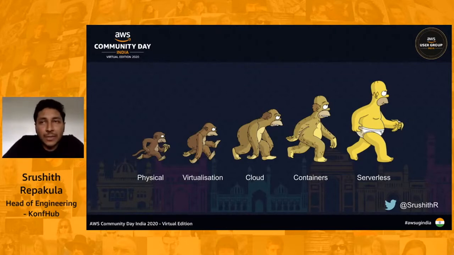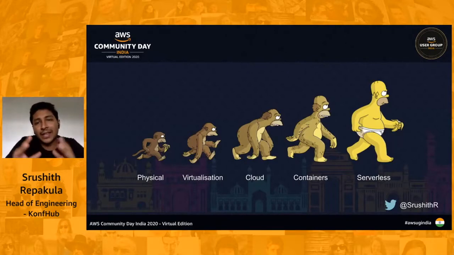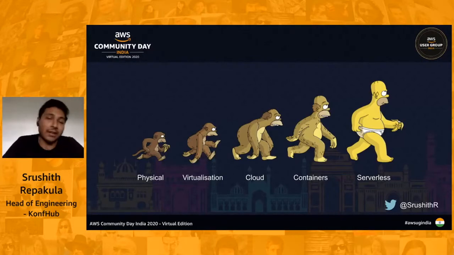As the topic says, it is serverless beyond Lambda functions. Most people perceive that whenever we talk about serverless, it is going to be just Lambda functions, but that is not the case. If you have built any small, simple applications or have worked with AWS Lambda in production, you will understand that Lambda is just one small, tiny piece. Of course, it does a lot of things, but still, it is just one small, tiny piece. You need various other services to come together and play as a team, like an orchestra, where they all perform some wonderful music for the application to be up and running and scale automatically and all those things that come with serverless, right?